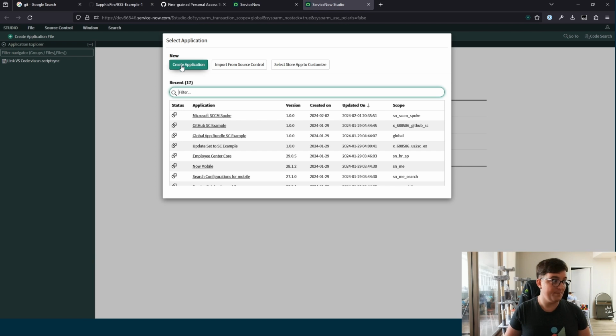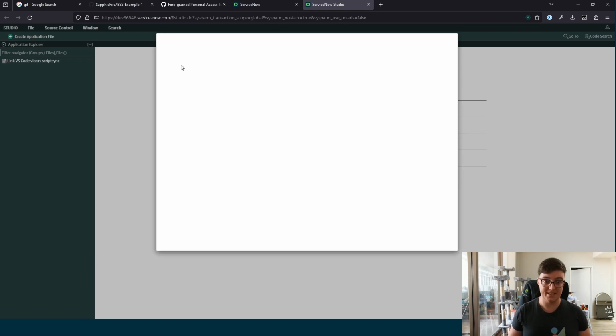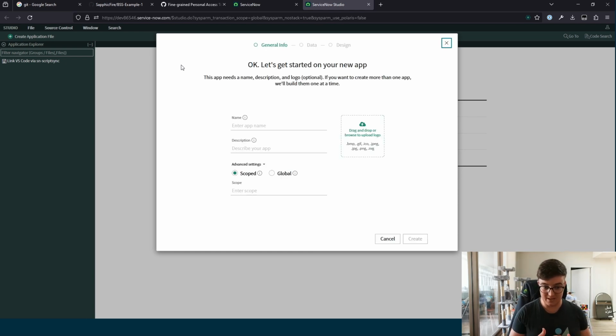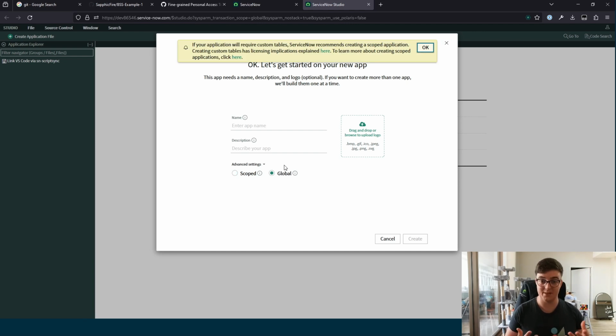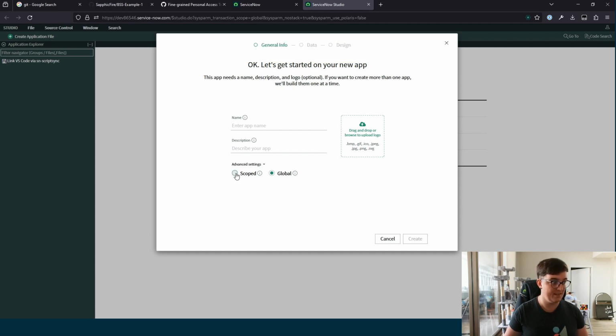Alrighty, so firstly I'm going to go here and create an application. Now, as we go through this approach, I'm doing this outside of App Engine Studio, not because you can't do this in App Engine Studio, but I just wanted to show this example using the tool that everybody's got available to them. So you can go into this page that you will have got when you hit Create Application, and